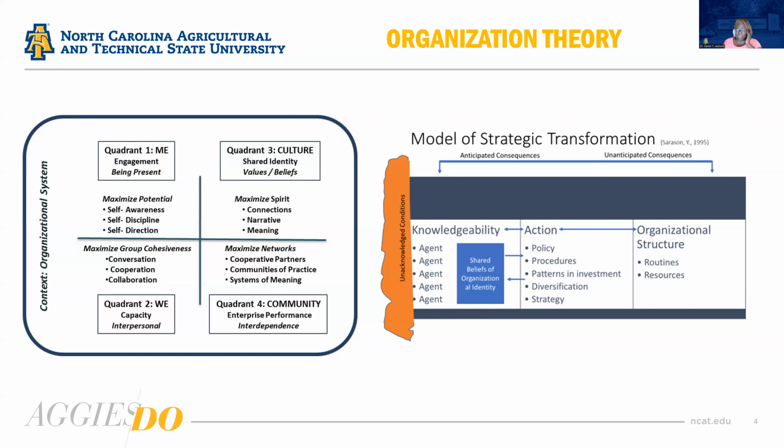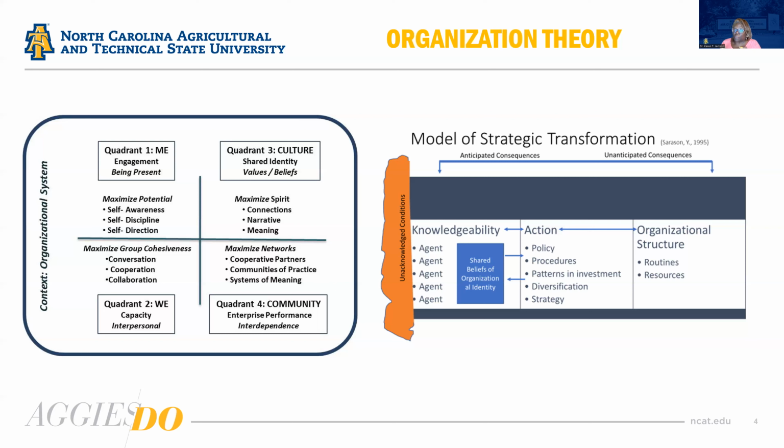So typically when we're thinking about leadership and organizations, we're thinking about how we make them better. What this transformation model does is show you what some of your expectations might be when you're thinking about organizational change from a strategic perspective. So at the top, there are going to be consequences for any actions. Some will be anticipated, some will be unanticipated, right? Same thing when we think about leadership behavior and actions. Some will be anticipated consequences and some we wouldn't have seen coming.